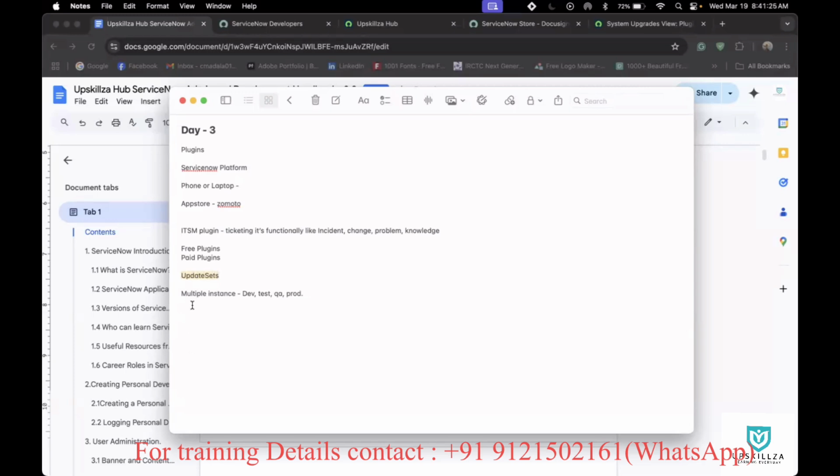Using the update sets only, we will be moving it to upper instances instead of going and working in all the instances separately. We'll just use these custom update sets. We'll be creating custom update sets, and then we'll be capturing all the updates there. We will just capture all these update sets, and we will be moving these update sets